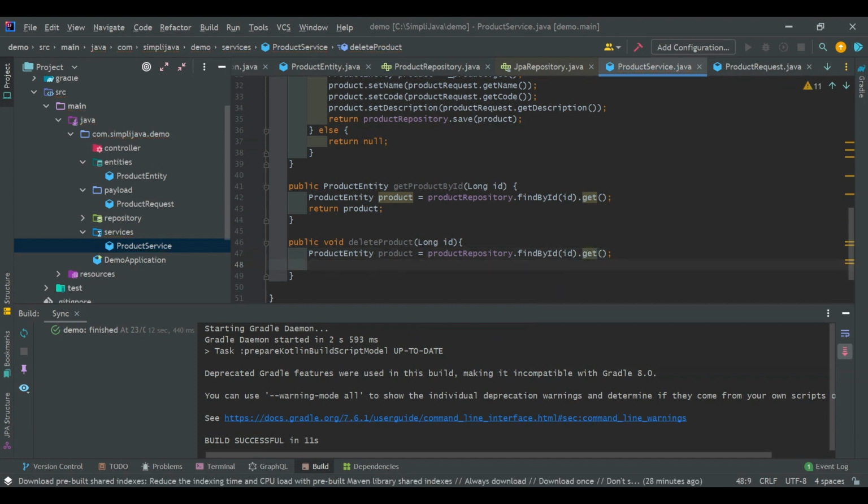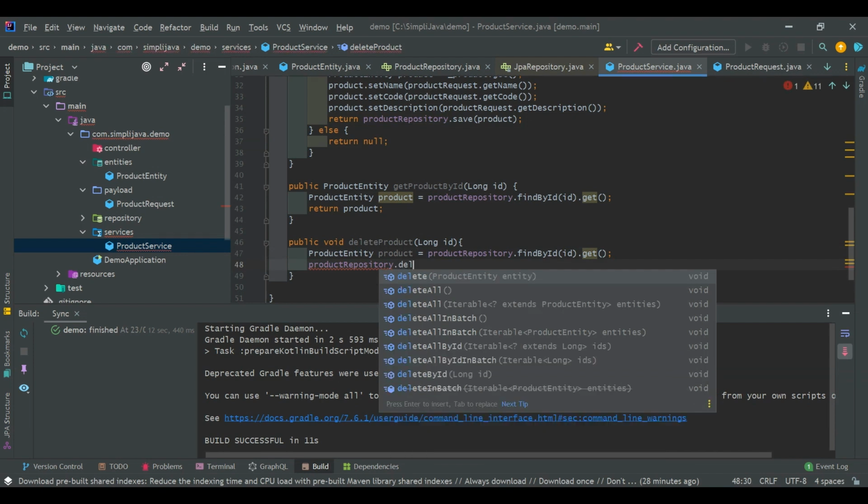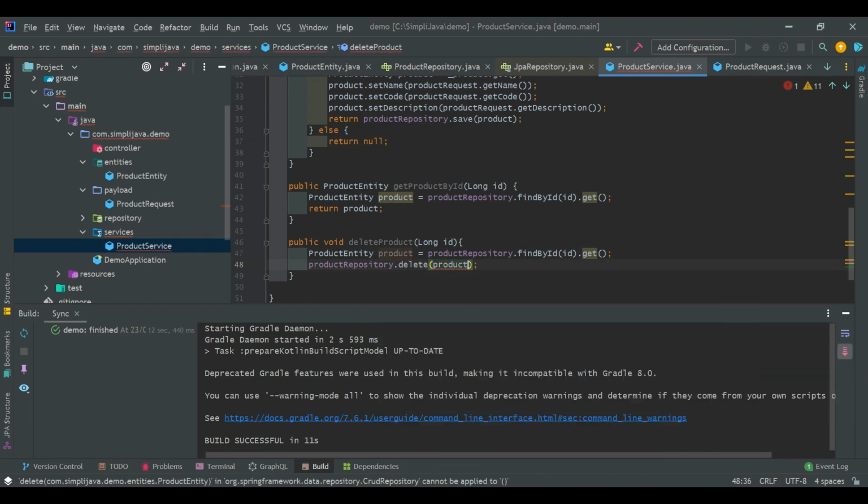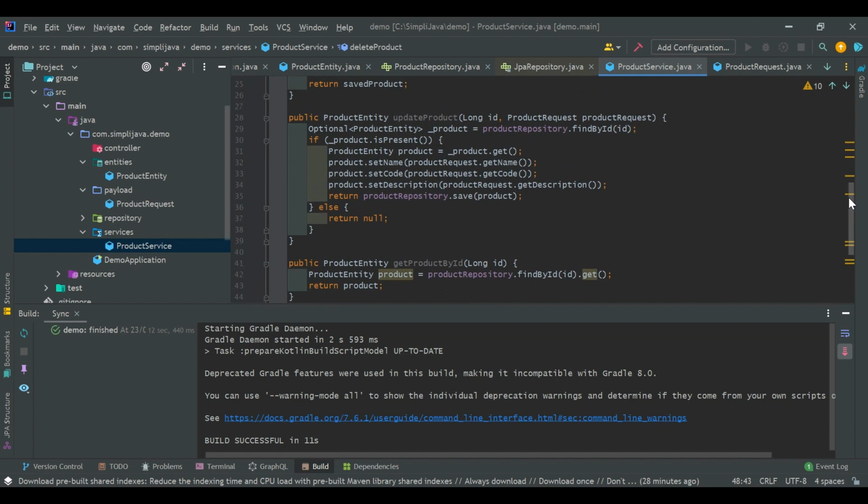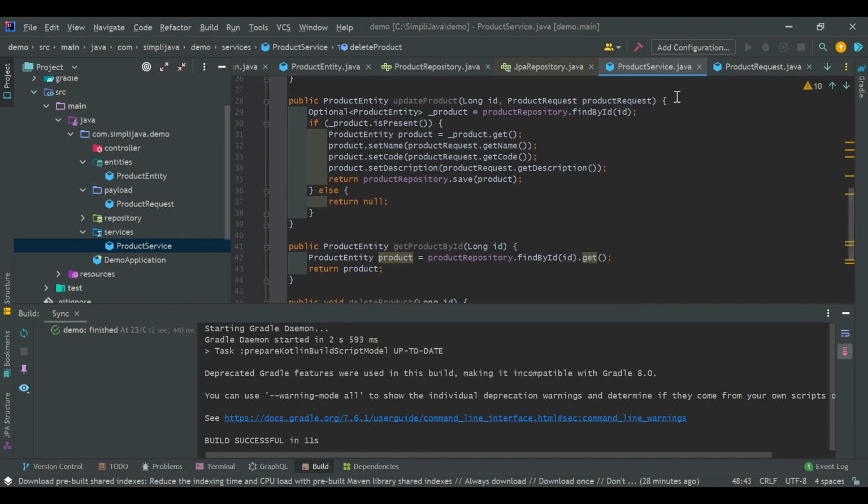Then we'll say product repository dot delete. Then we pass in the product that we found. So in this we'll have deleted all that. So maybe I can simplify this. Instead of using optional, let's use the other approach. So we can say product